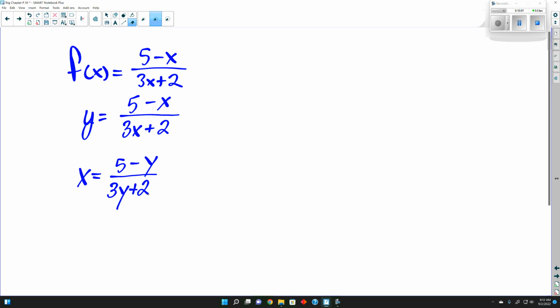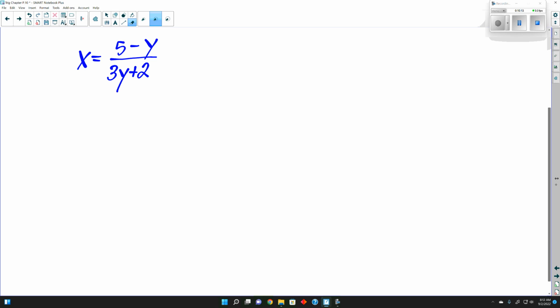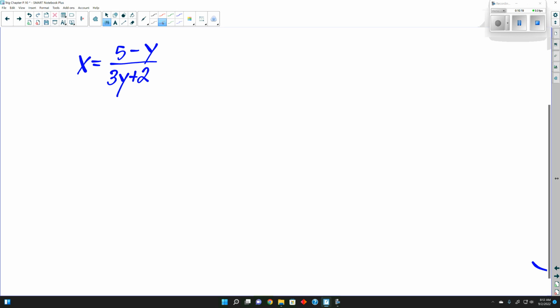So again, not too bad. But now it's getting y by itself. And this part here might seem a little bit tricky. And the main first thing we're going to do, and whenever we come across this, we need to get y out of the bottom of the fraction and then get it by itself, because that's the main goal, to get y by itself. And to do that, what we can do is I can multiply this side by 3y